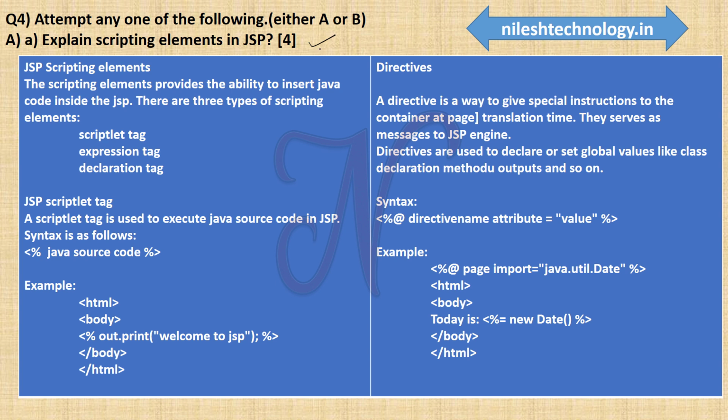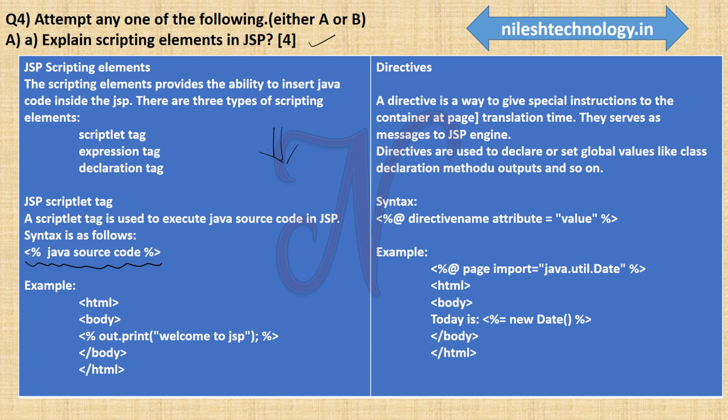Okay, so now at this point I could explain all the components, but in this question you have to explain only the scripting element. Okay, so this is the scripting tag. Okay, and these are the examples, meaning only this column is explained in the paper, but if the question is like explain the components in a JSP, then there are the 4 components: scripting, directive, declaration and expression. These are the 4 components. Okay, but now here only explain the scripting elements. So these are the scripting elements. These are the normal tags.